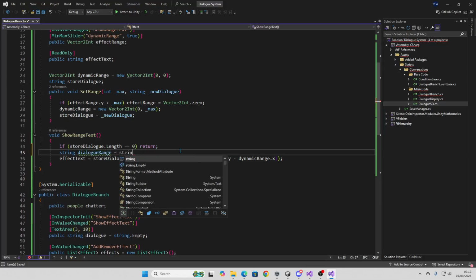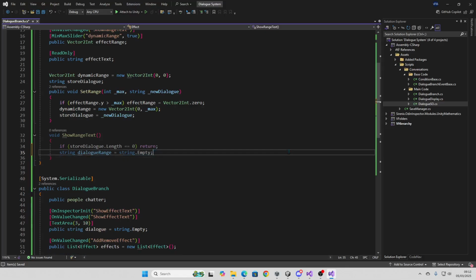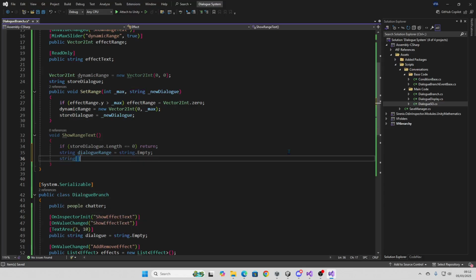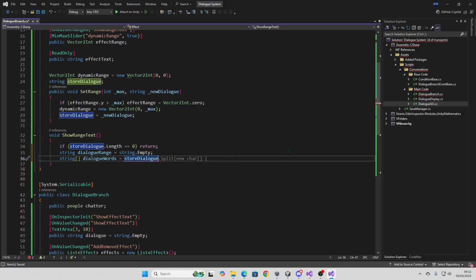So string.Empty. And string dialog words equals, and this is our split. So it's the stored dialog dot split,